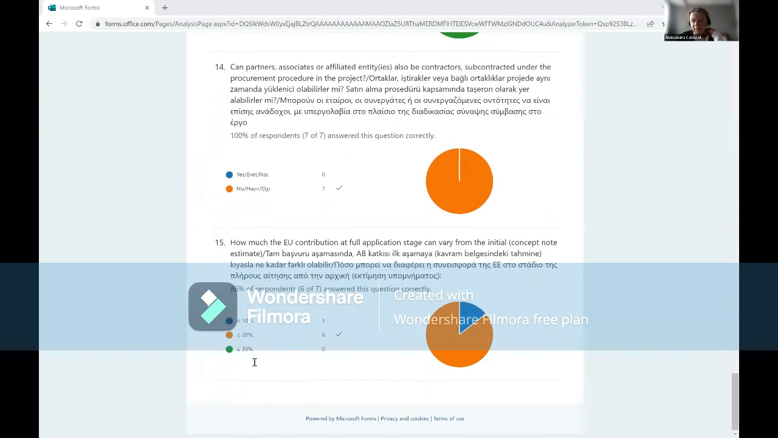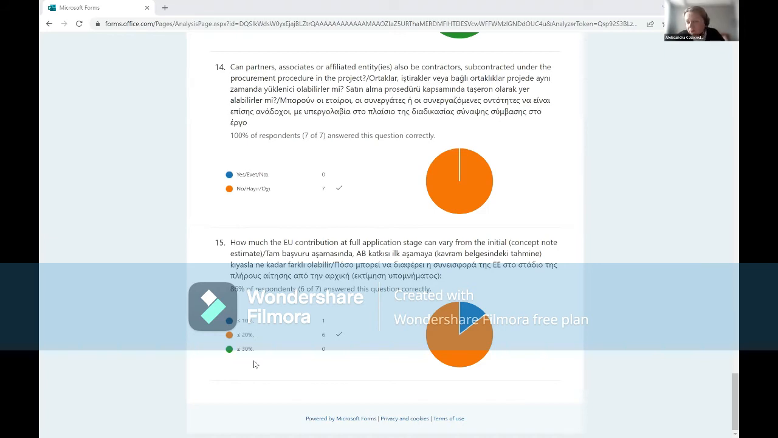And then question number 15, the variation, 20%, the correct answer is 20%. If you are now asking for a certain amount of money, and then you're invited to submit a full application form, that amount of money that you originally requested can vary 20% plus and minus in the next stage. Not important at this stage because you will be requesting an amount as it is, but important for the actual